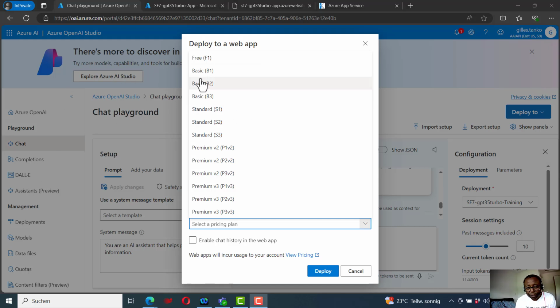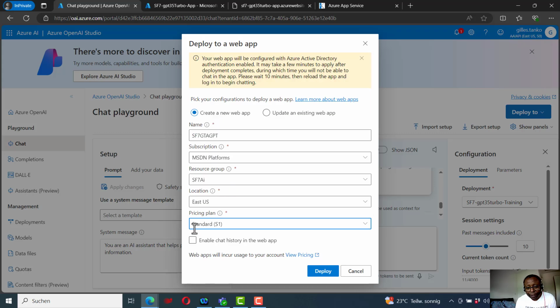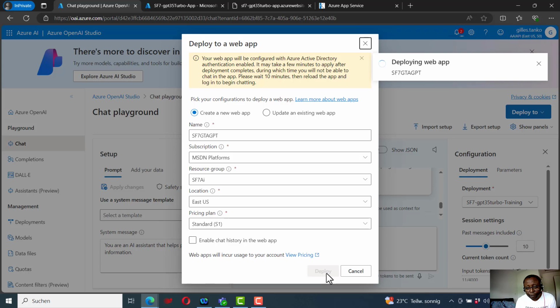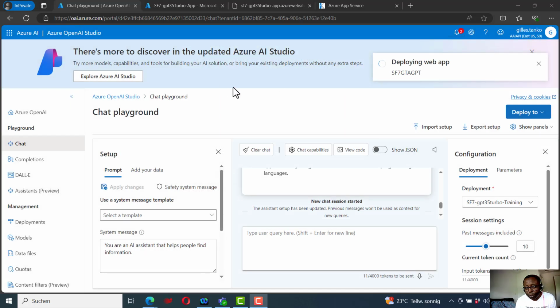I will take here, let us take standard 1, let us take S1, and then deploy it here, and we see the deployment. So I have not taken the free one anymore,